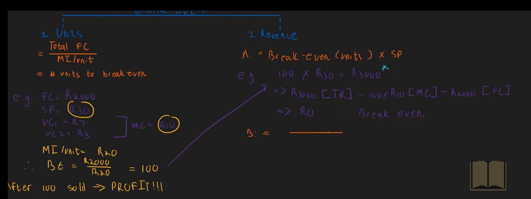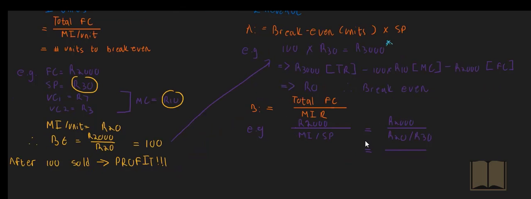The second way of calculating your break even in terms of revenue is to take your total fixed costs and divide it by the marginal income ratio. Remember what the marginal income ratio is. It's your marginal income divided by sales. Your total fixed costs, if we go back to our example, is 2,000 Rand. Your marginal income ratio, as I've already said, is your marginal income divided by your selling price. So your 2,000 Rand divided by your marginal income, which is 20 Rand, divided by the selling price of 30 Rand gives you